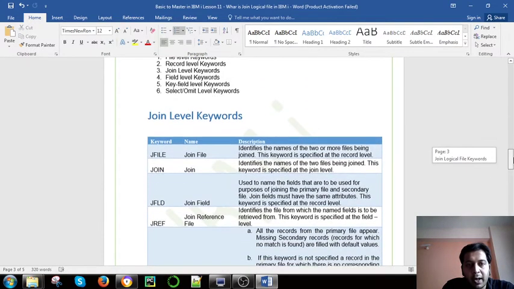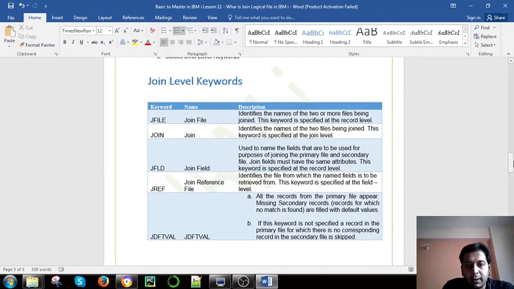And what are the join-level keywords? JFILE joins the files: it identifies the names of two or more files being joined. This keyword is specified at the join level. JFLD says which fields we need to join the files on. JREF identifies the file from which the named field is to be retrieved.